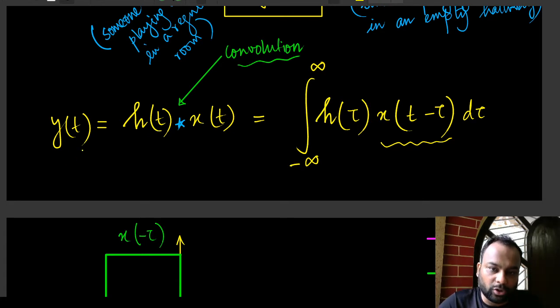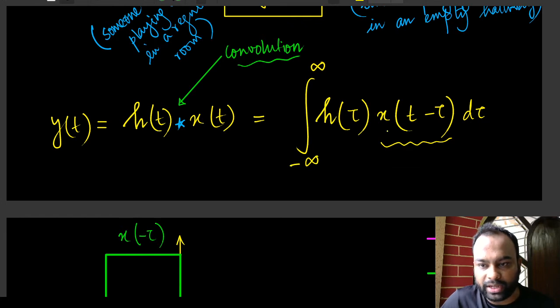So when t is equal to 0, say I want to calculate the output of the system when t is equal to 0, right? So I would put t equal to 0 here and then calculate this integration, right? I think that's clear, right? If I want to calculate the output at t equal to 0, I have to put t equal to 0 here and then calculate the integration. Because as far as the integration is concerned, t is a constant and tau is the variable for integration, right?